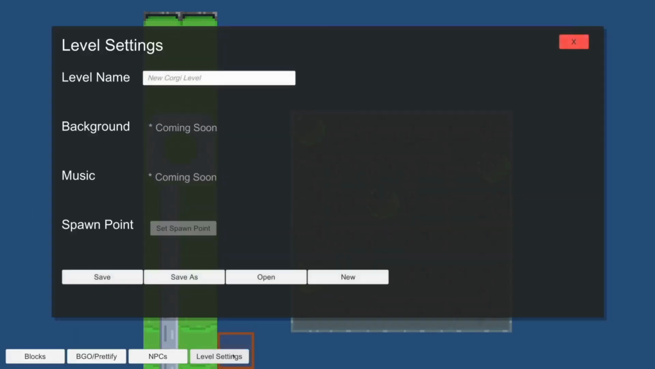If you come into level settings, you've got some various settings here. You can set the level name. You can also save as, open and new. There's keyboard shortcuts set up for that too. When you click open,